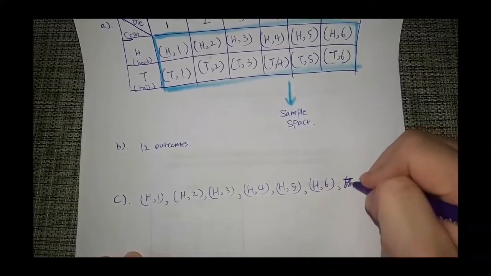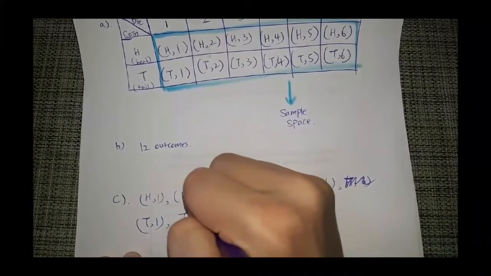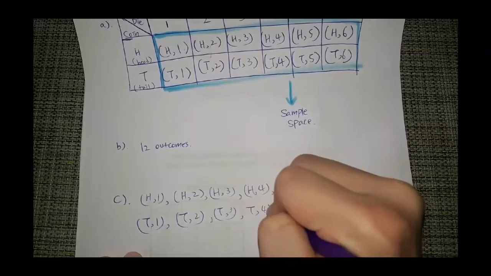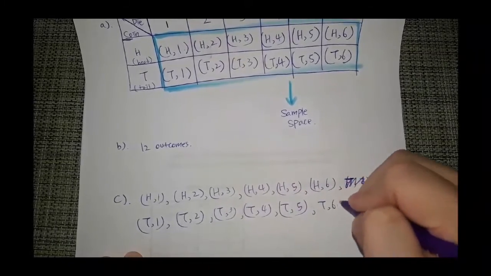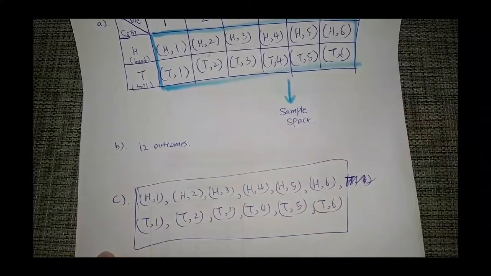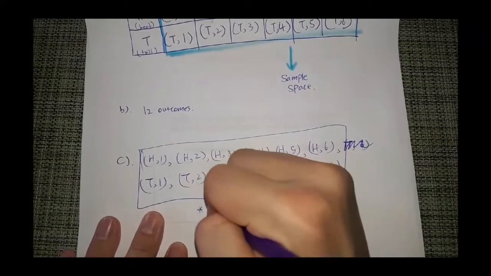Oops, sorry, there's no 7. Tail 1, tail 2, tail 3. This is the only tedious part. This is all the sample space for this combination and event, and make sure that coin